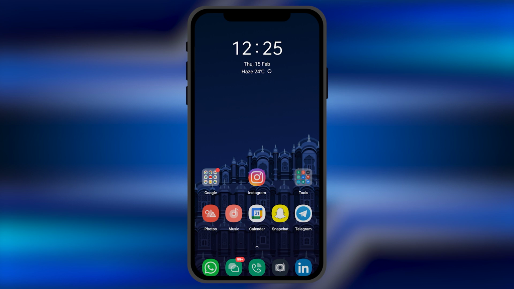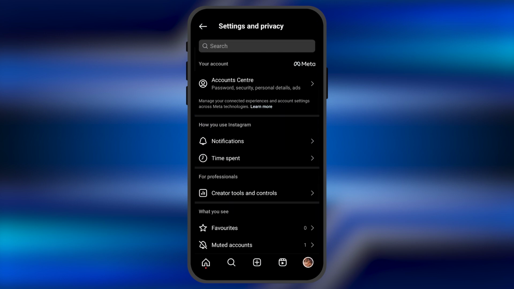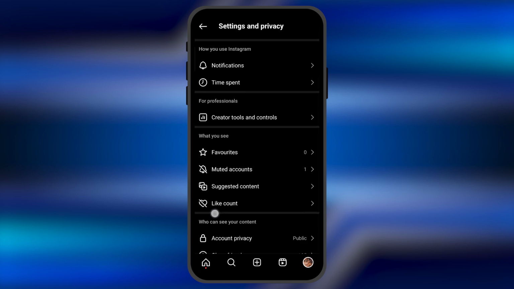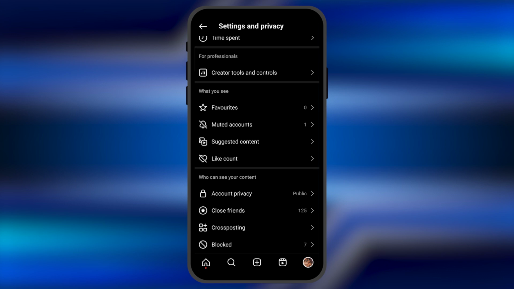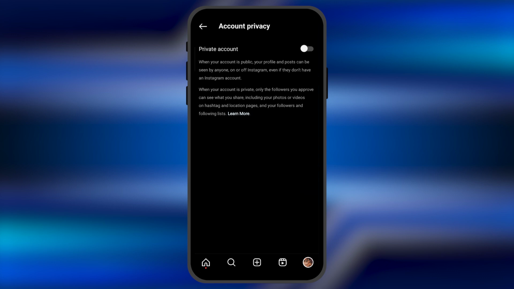So all you need to do is simply open the Instagram application, and here when you go to the settings you need to scroll down until you find this option of account privacy, which is currently saying public. Just simply tap it over there, and now from here you're going to see this option of a private account,